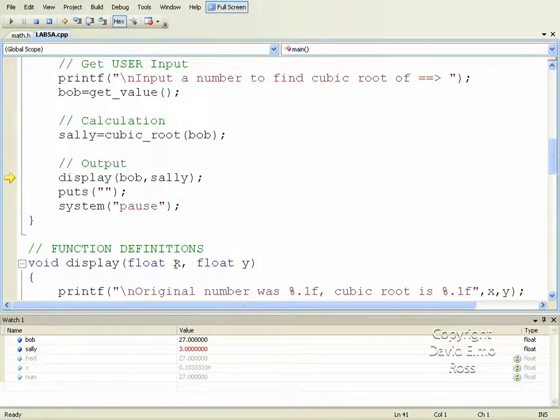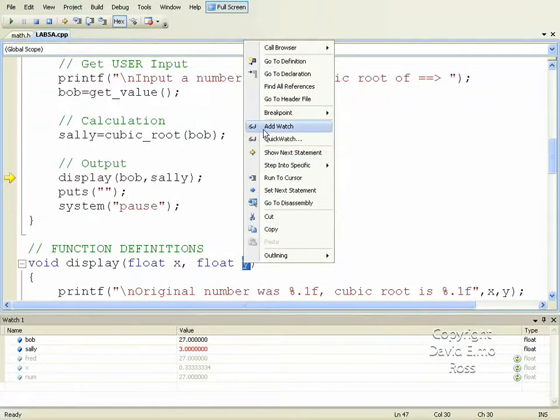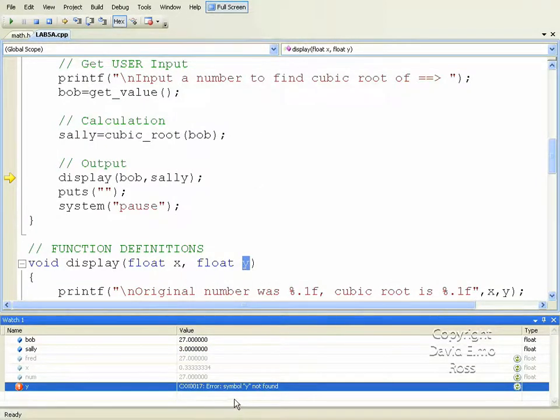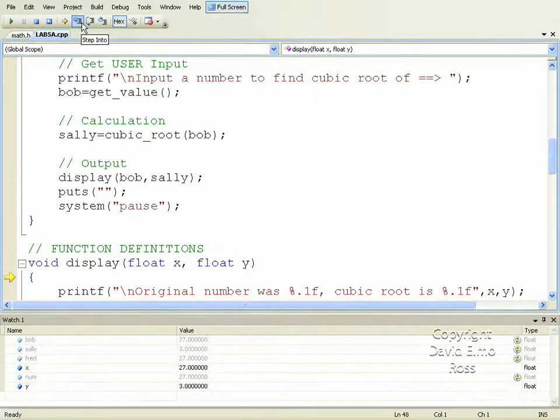And let's take a look. What's going to happen here, well, now we've got a watch here for the X. Let's also double click here, right mouse click and say add watch, and it's going to say error symbol Y not found because it's not in this function yet. So if we go ahead, it's in the function now, and notice X that's had the value passed in because